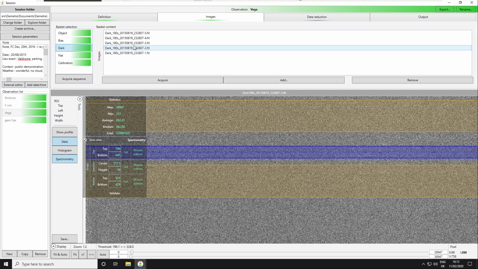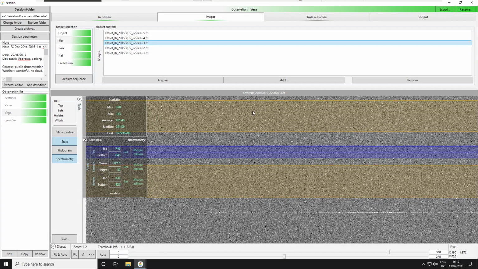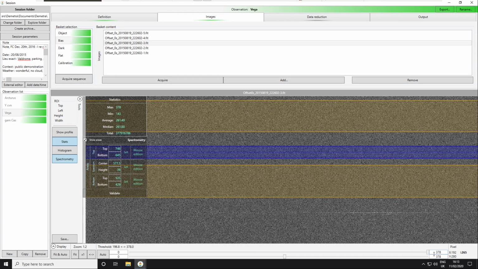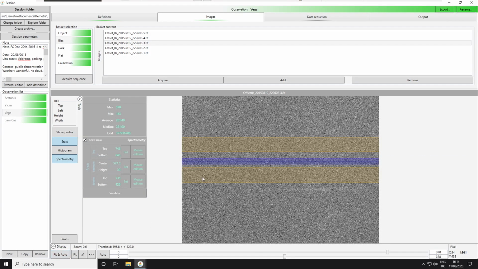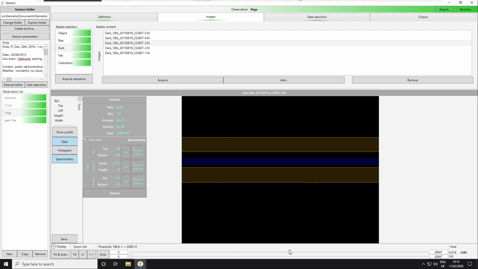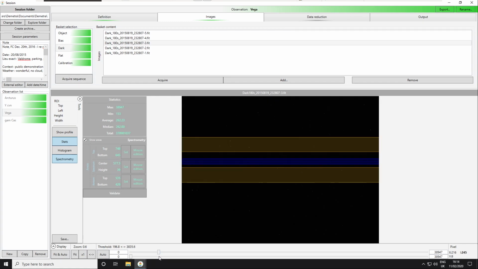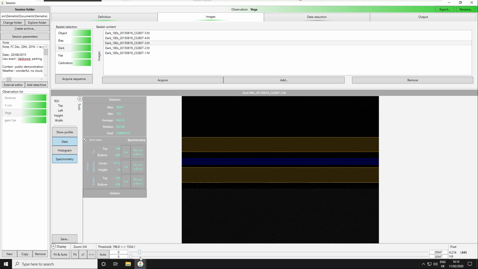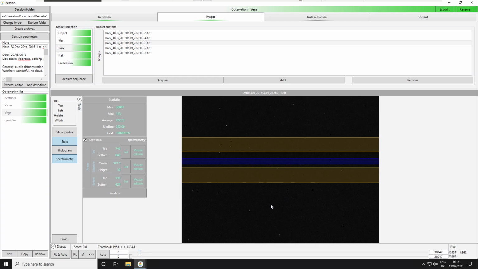And what is important in this image is that, on the contrary of the bias, if I look at the bias and at these thresholds, I see that there are no hot pixels. In the dark image, because this has been made with a CCD, if I change the threshold, I can see some white pixels, which are the hot pixels.